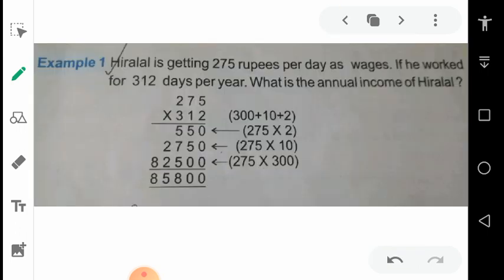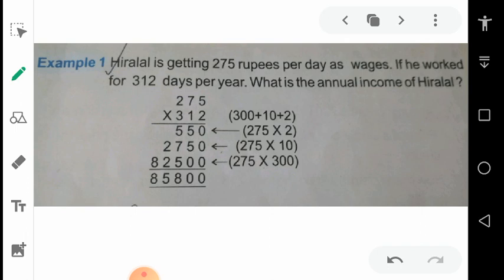Next is the word problems, as you can say story sums. So these types of questions are very important because it is not given in the question that you should multiply. Okay, the problem is given and you have to work out what we should do, either a multiplication or a division or an addition, anything else. So I will tell you a method to check whether it is a multiply or a division.